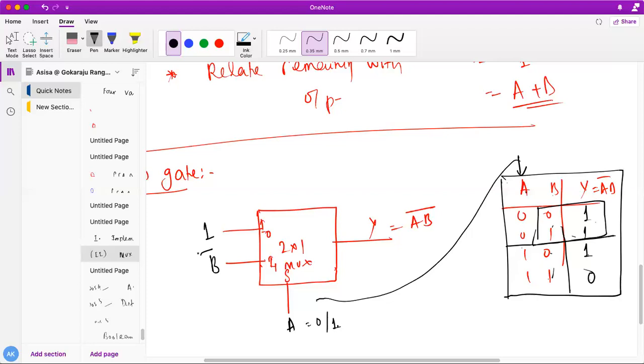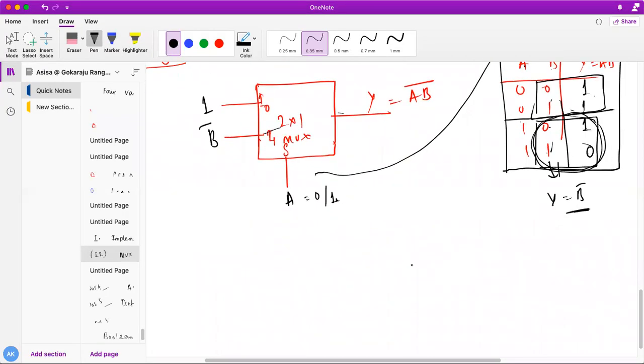Very simple. What I have put here. So I am going to correlate these two. How do I correlate? If I am correlating, what I am getting here, my output Y is nothing else B bar. For A equal to 1, I am getting what? Y equal to B bar. So if I am putting here B bar, obviously what will happen if I am selecting 1? So B bar will come over here. Okay. So I will get here A B bar. How? You can also prove it by using your normal rule S bar I0, S I1. You can put all these things. A bar, I0 is 1, or this is B bar, I1, sorry, this is A.